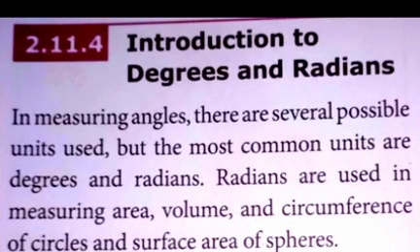Students, now we are going to see how to measure an object moving in a circular path using some important basic units. One is degree and another one is radian. Mostly we use degree and radian for measuring circular motion. So we know the degree. The radian is used to measure the area an object covers in a circular path, or the circumference of the circle, or the surface area of a sphere. The symbol of radian is represented as what? Pi.